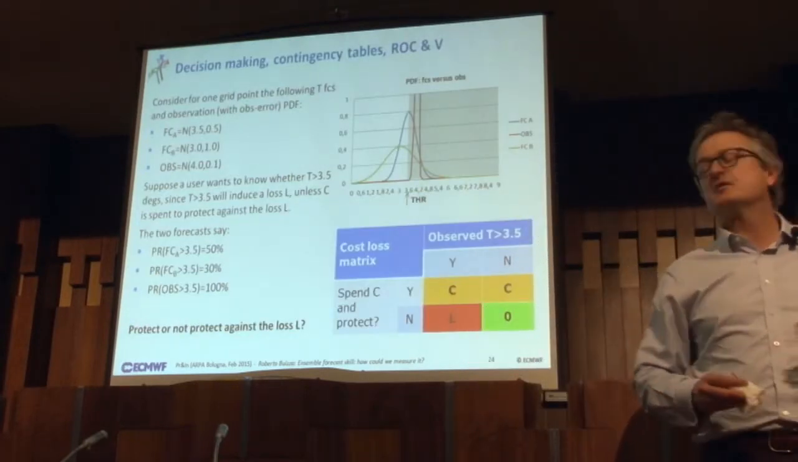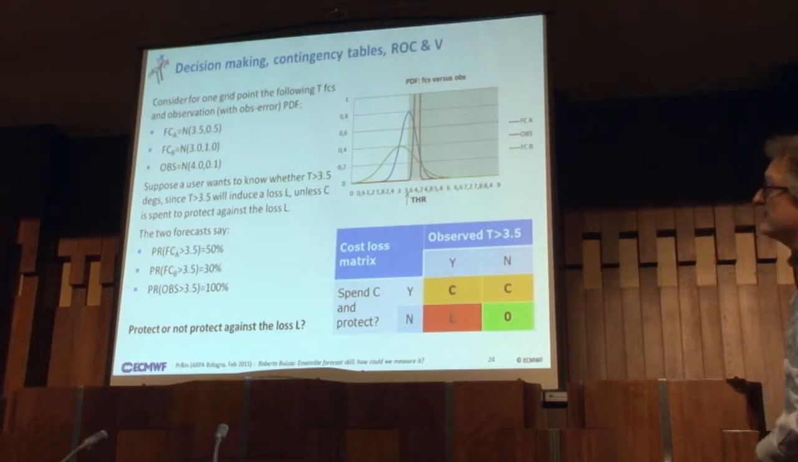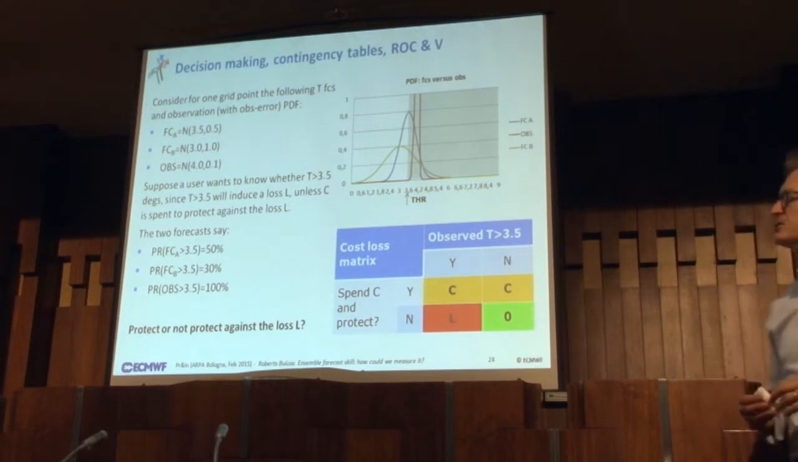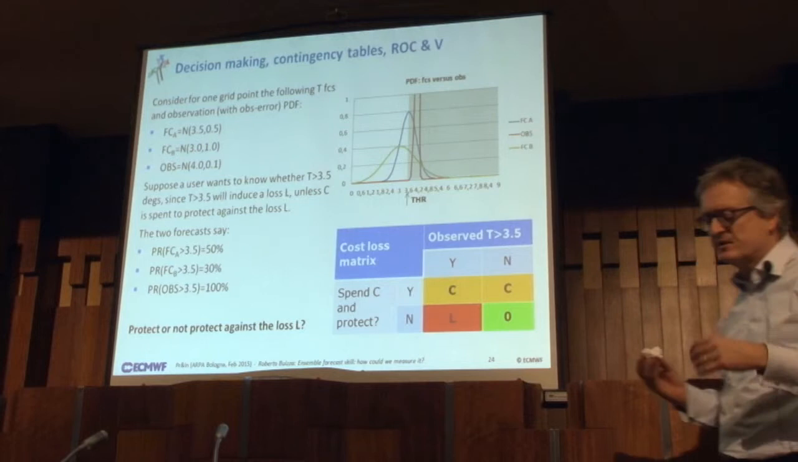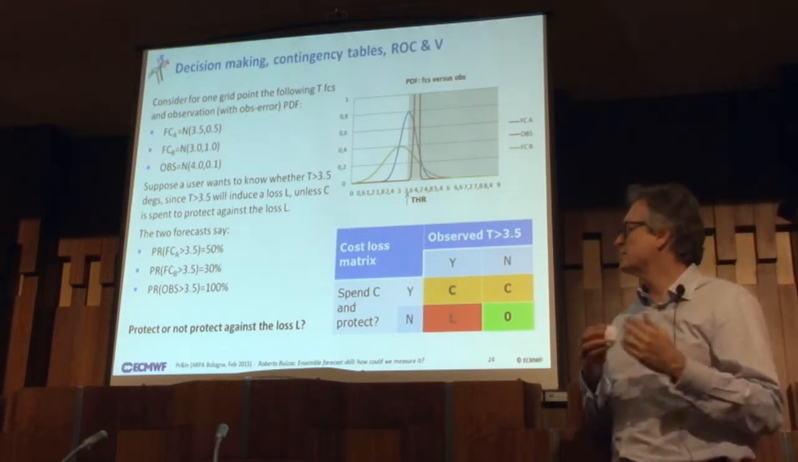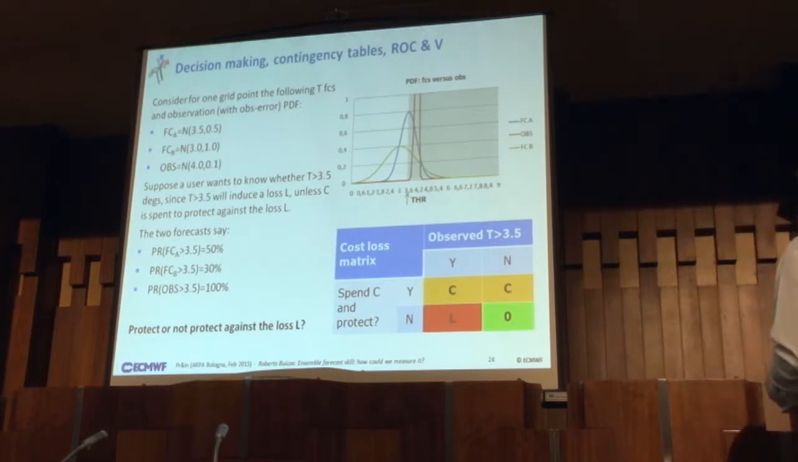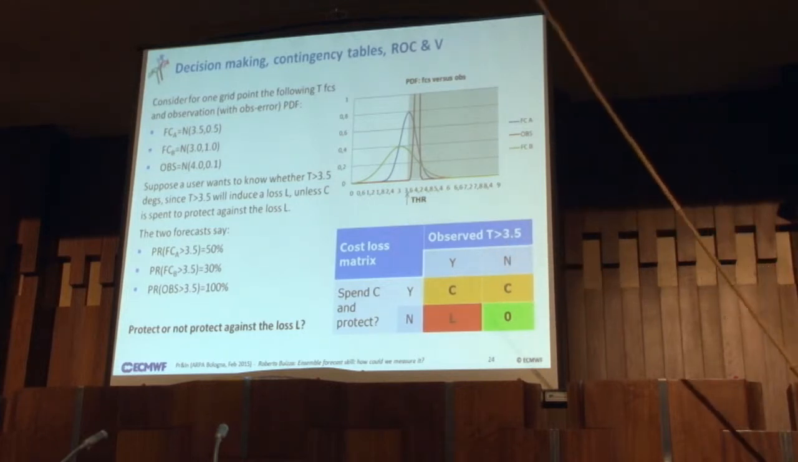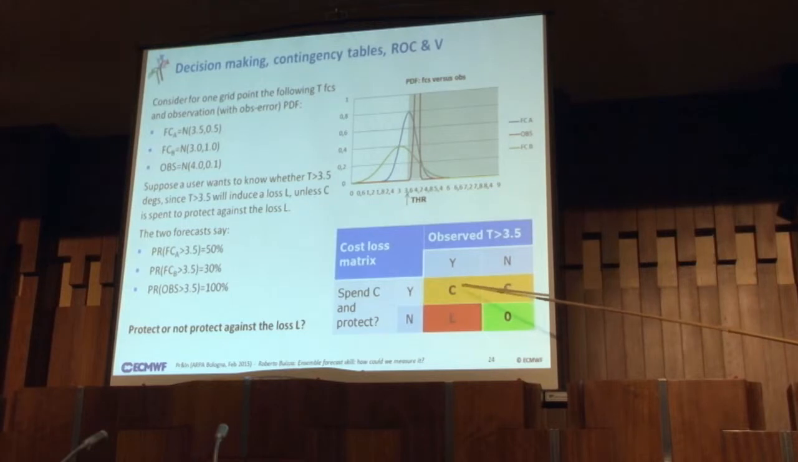The other metric which is often used is the area under a relative operating characteristic, which is what Anders mentioned a little bit earlier. And why is it useful? Because sometimes you need to take actions. So you have a forecast, a probability that something will happen. For example, here, probability that the observed temperature would be higher than 3.5 degrees. Now you have to decide whether to take an action that might cost you a certain amount